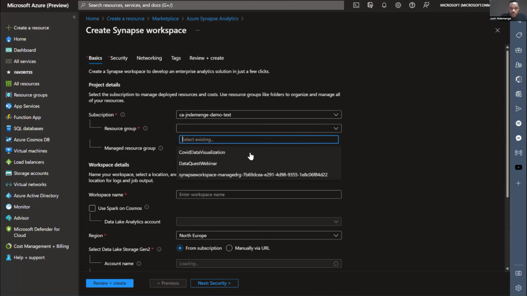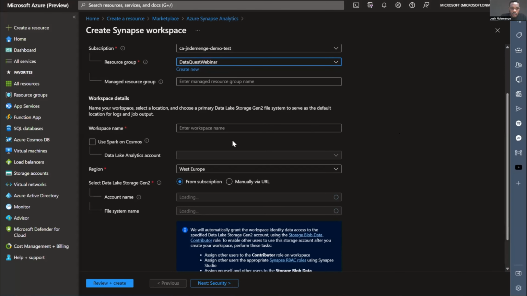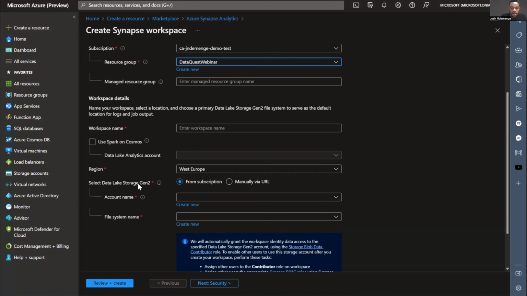So we select the resource group again, the Dataquest webinar, and the region is correct, and then we need to specify a data lake storage. So for this, I'm going to create a new